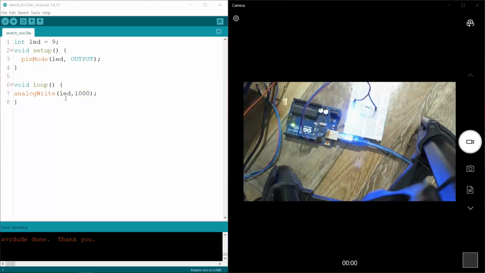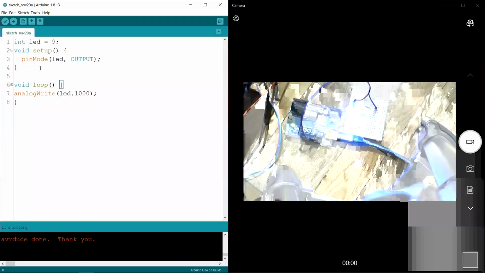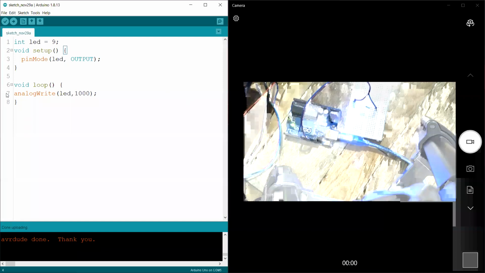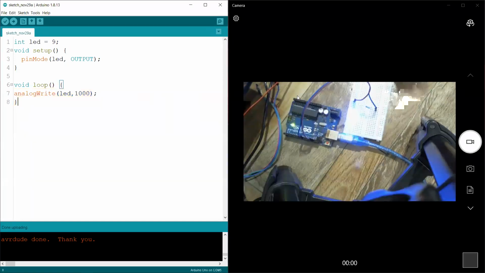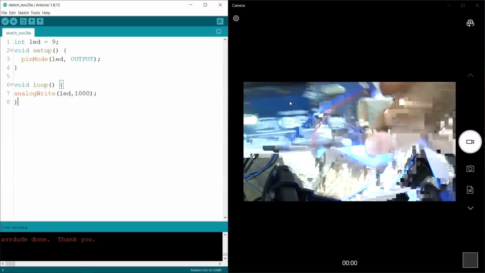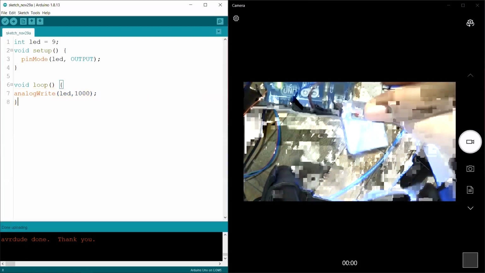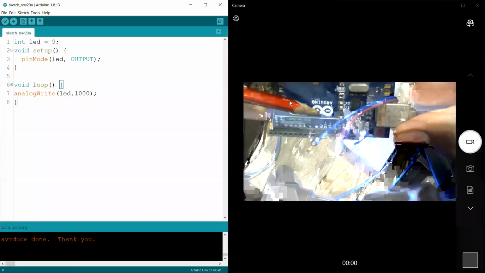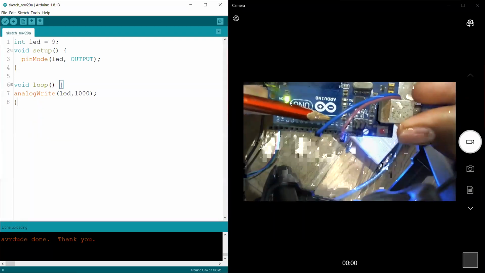Okay, so now we know what analog write is and what digital write is. Now the other problem is you cannot use this analog write function in all the pins. Yeah, there is a question about the same thing. In fact, with an Arduino, you can see that there is a little curly mark here, right?